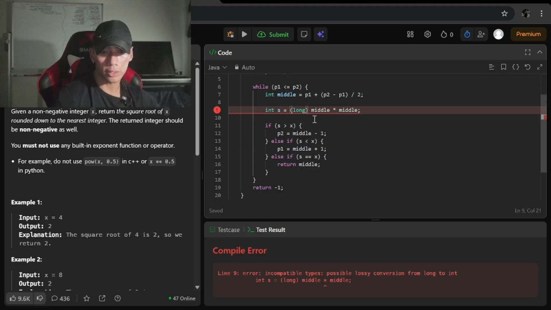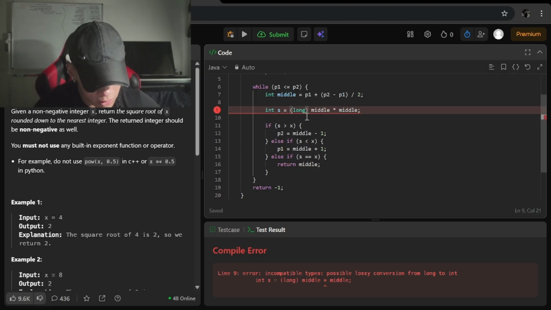Why do I get an error in my middle times middle? Because you need it long. You need it long. I did.